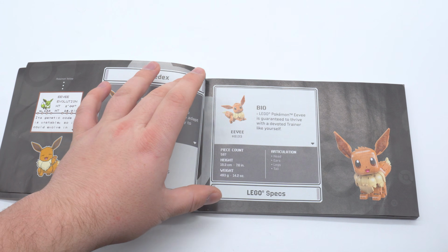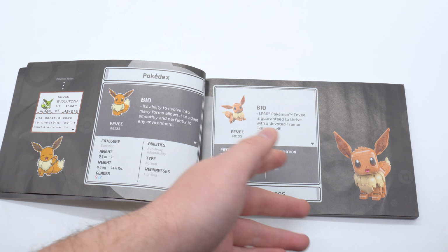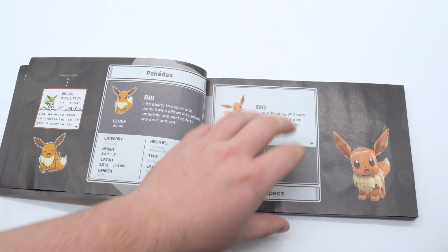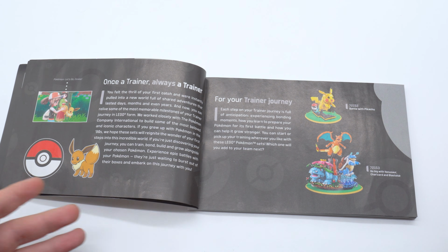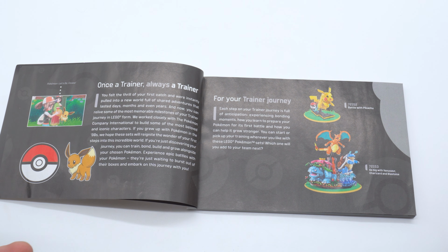And then there's a Pokedex entry for the LEGO version of Eevee, where they point out the articulation that it has, the piece count, the height, and the weight. And we've got the Dream World art for Eevee here, and then the official LEGO set image here. And then after that, they tell you a bit more about Eevee, as well as advertise the other LEGO Pokemon sets. We've got a screenshot from Let's Go Eevee here,